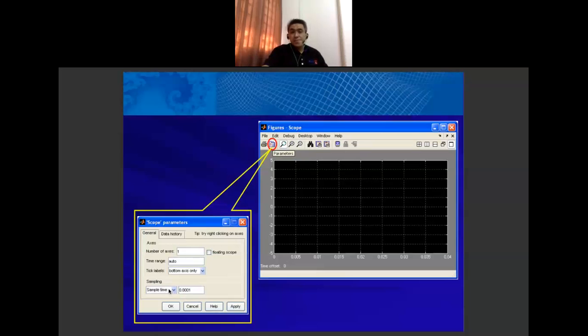Just set 0.000 something, 0.001 for example. The number of zeros means how precise your waveform will appear in the scope. The more zeros here, the more precise your waveform in the scope.